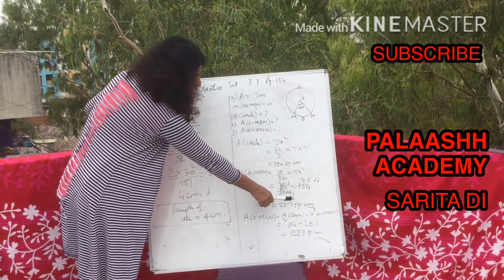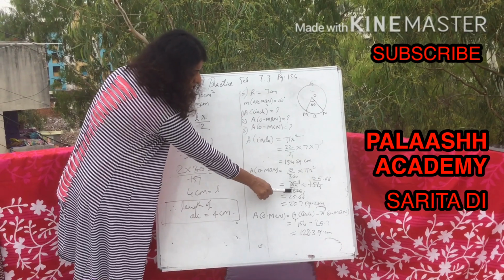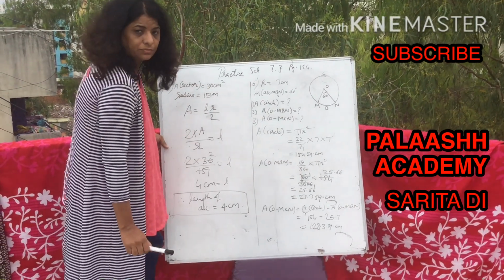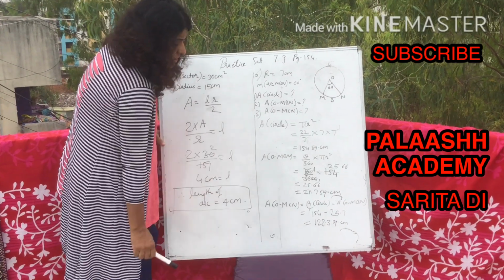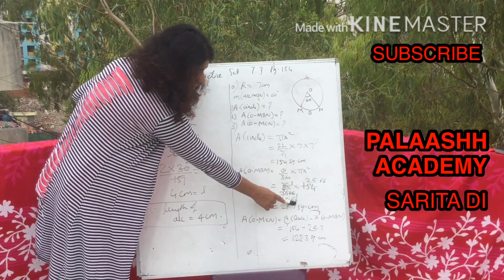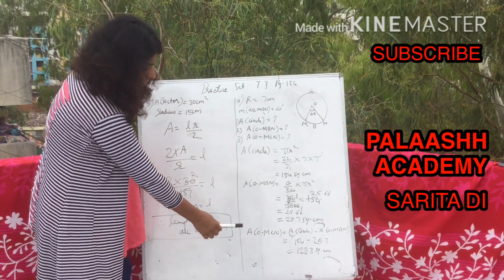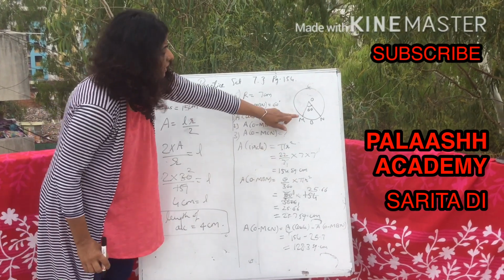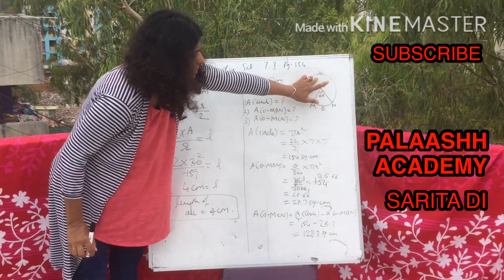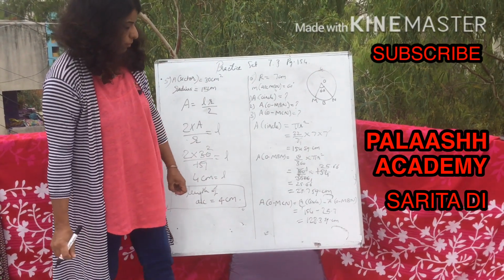So 154 you just put it here. You will get the answer 25.66. Cancellation is there. 6 1s are 6, 6 6s are 36. 154 divided by 6. That is 25.66, recurring, and the digit after is 6, bigger than 5. Hence we will convert it into 25.7. Now we have to find area of sector OMCN. So area of circle minus OMBN will give you this much. Hence 154 minus 25.7 gives you 128.3 square centimeter.